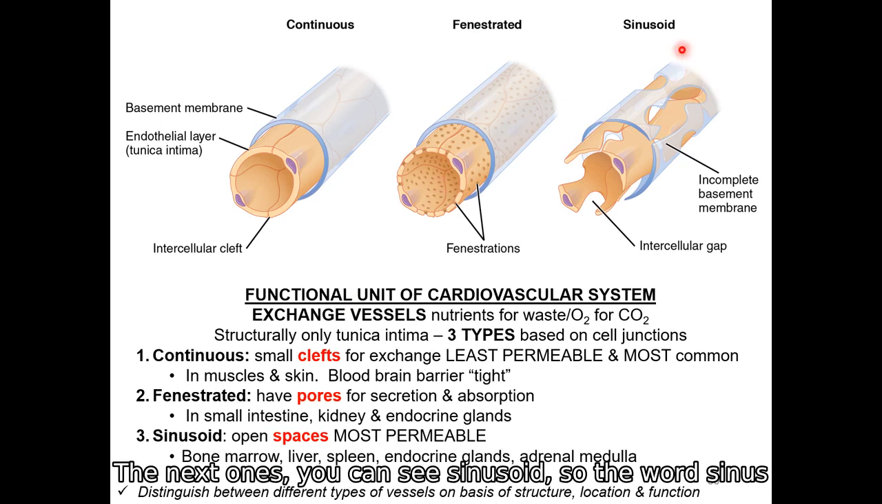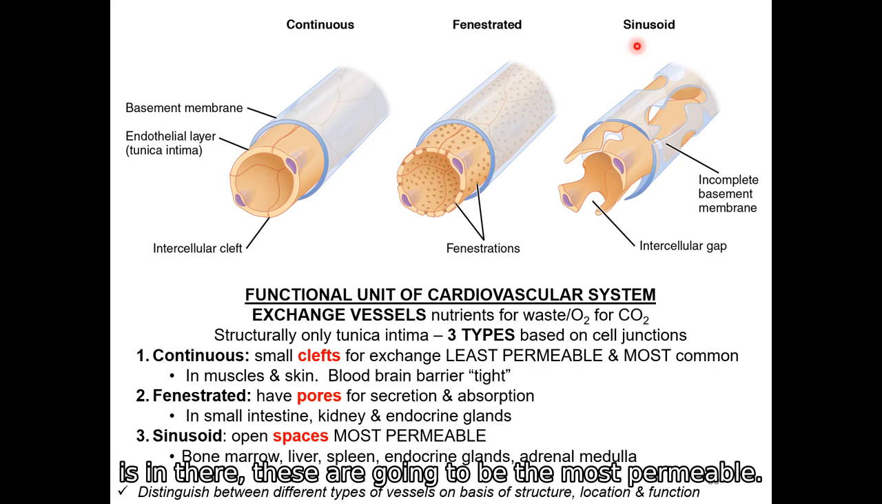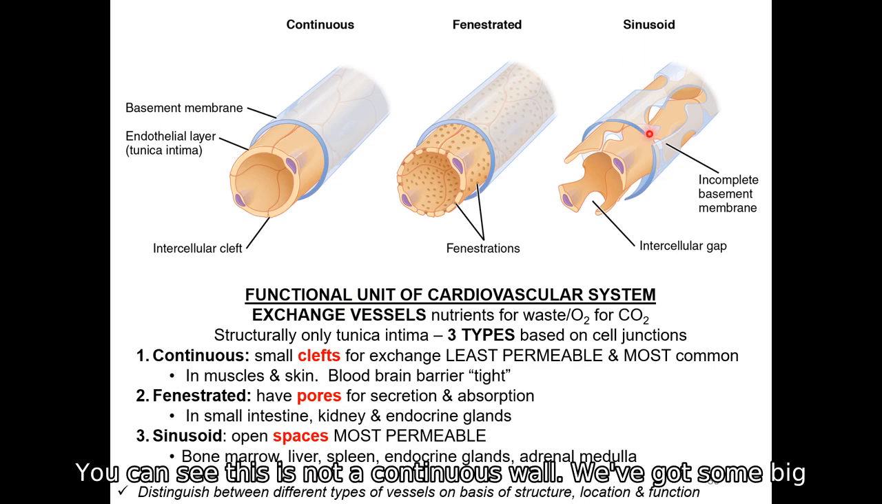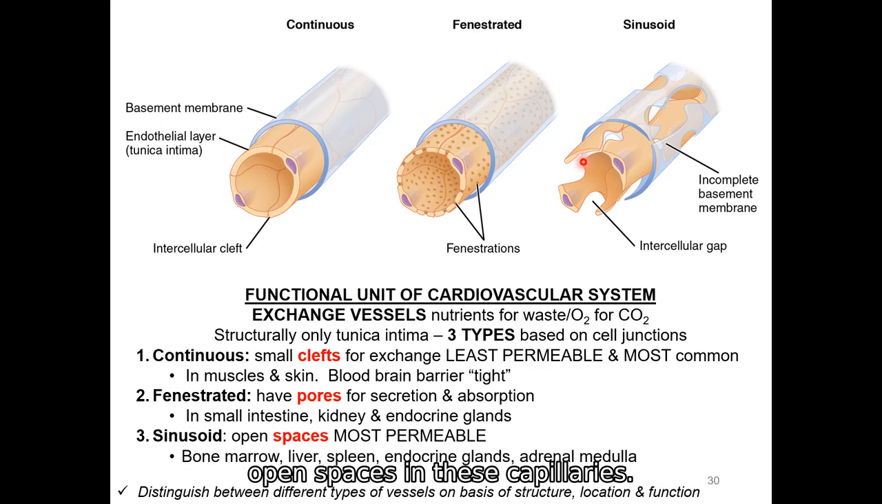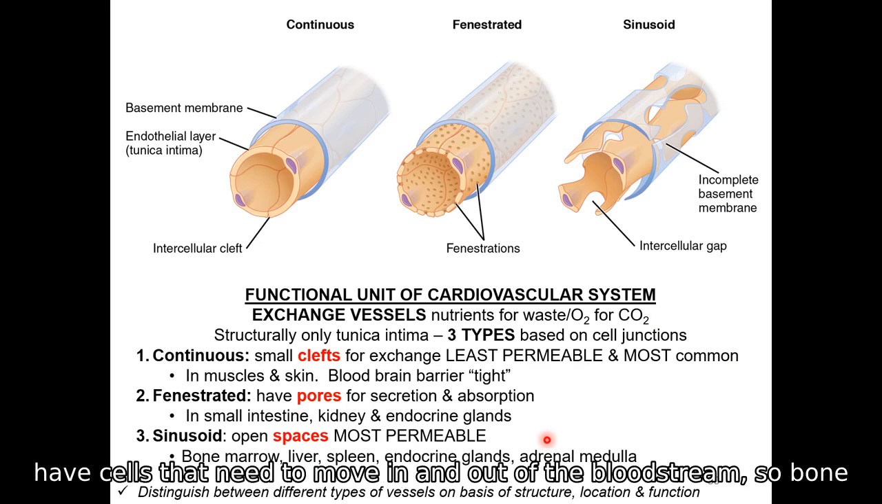The next ones, you can see sinusoids, so the word sinus is in there. These are going to be the most permeable. You can see this is not a continuous wall. We've got some big open spaces in these capillaries. We're going to find these in glands, organs, sorry, my little things. We're going to find sinusoidal capillaries in organs that have cells that need to move in